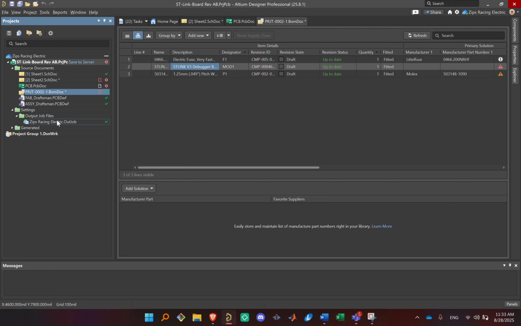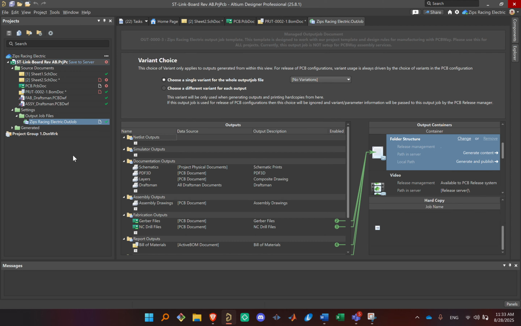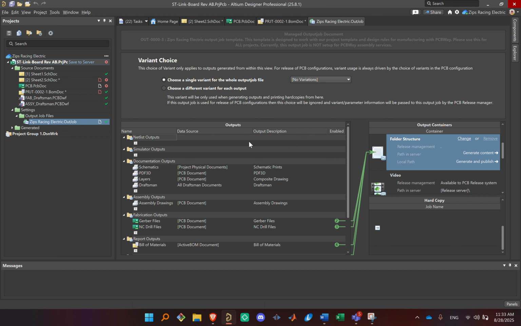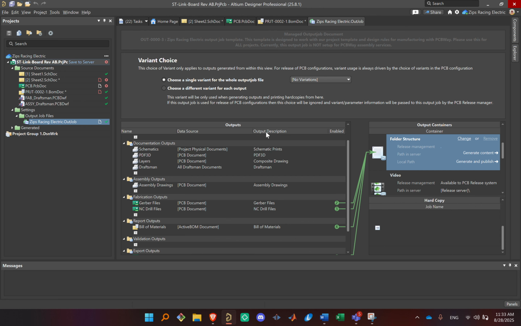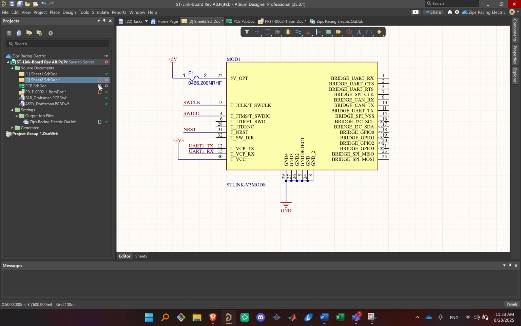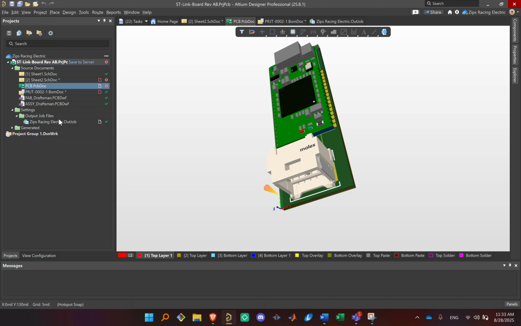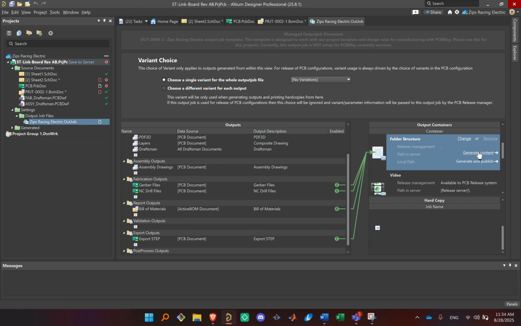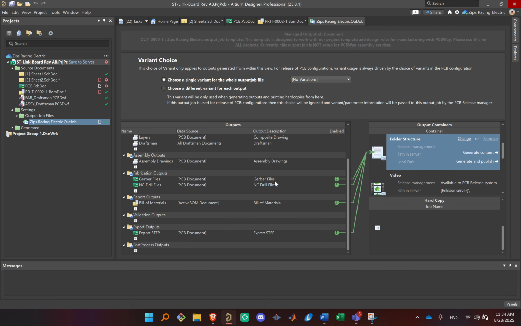The out job is something that you're going to hear a lot. An out job file is basically a way to expedite the generation of all of your manufacturing files. So let's say we finished the schematic and the PCB design, and then we get to this point where we have an out job file. This file is going to let us generate everything. And it's really nice because all you have to do is hit generate content, and it'll generate, let's see here,